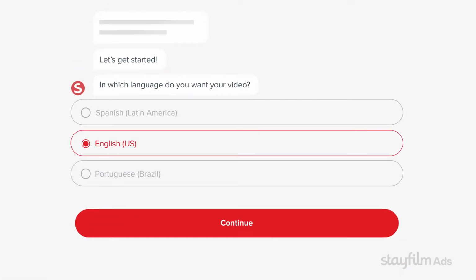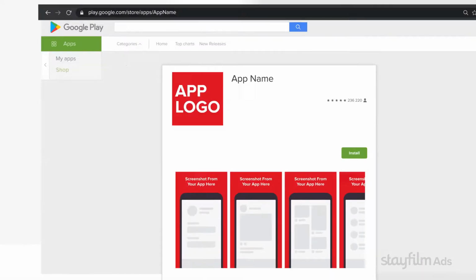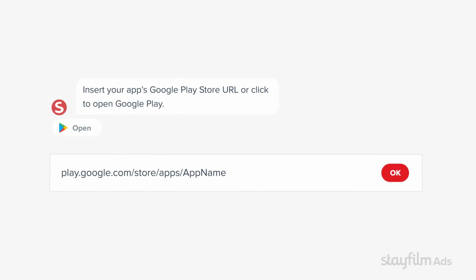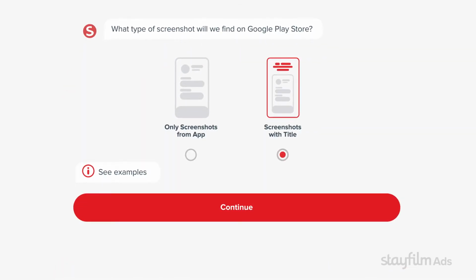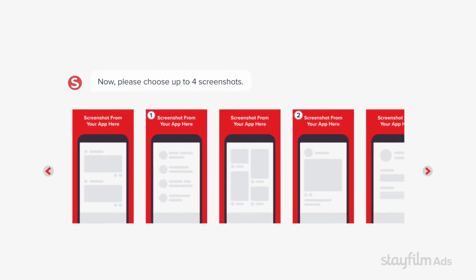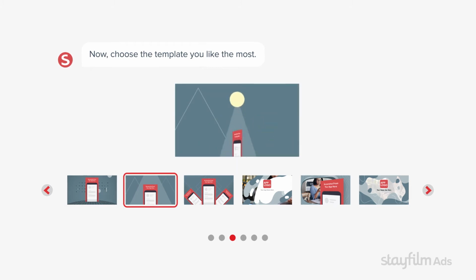Let's get started. Choose your language. Insert your app's Google Play URL. And select the type of screenshot you use for your app. You can pick up to 4 images and choose from many video styles. Pick your favorite one